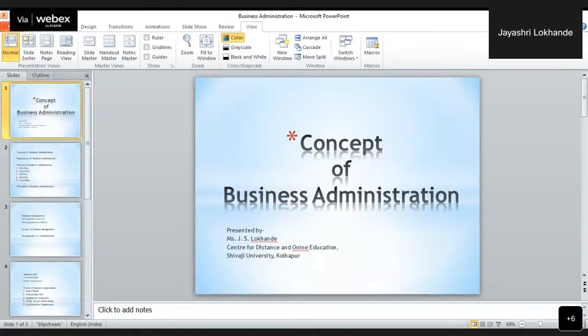Here are some definitions which are given by famous authors. One by one, we will see. First is defined by L.H. Haney. He says business may be defined as human activities directed toward providing or acquiring wealth through buying and selling of goods. Next definition, which is given by James Stephenson, is every human activity which is engaged in for the sake of earning profit may be called business. And the third definition is defined by B.W. Wheeler,